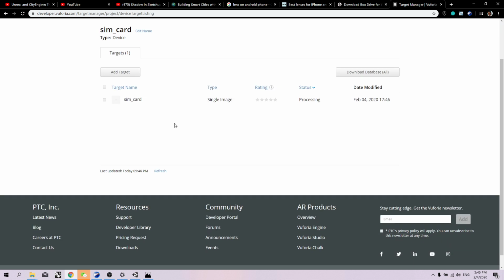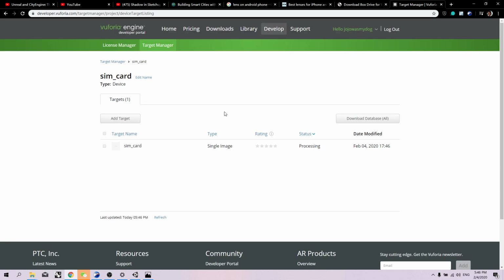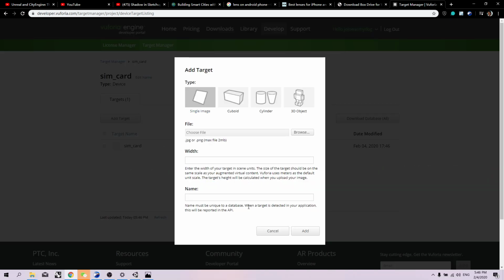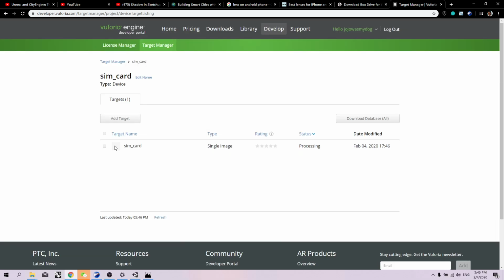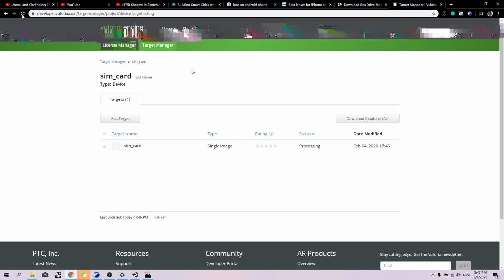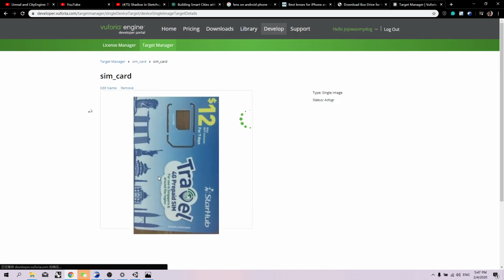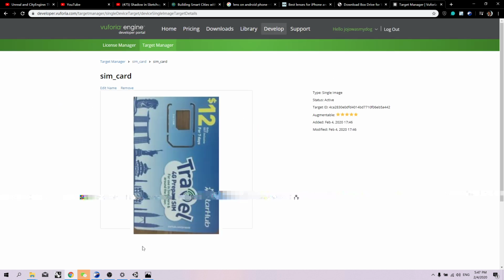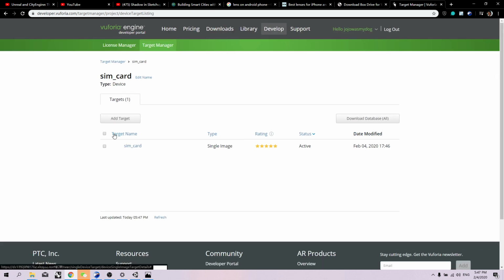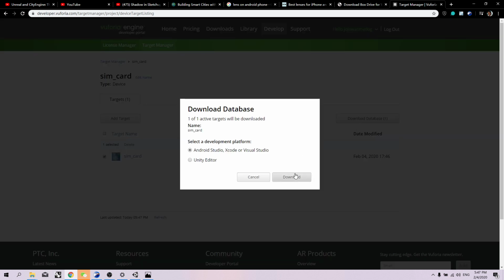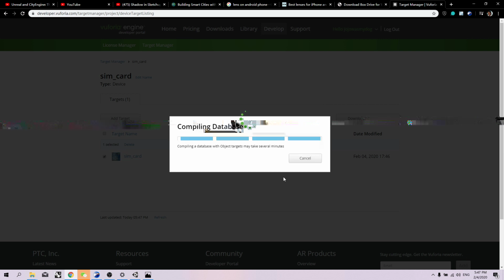Is it uploading or what? What happened? Let's see. So in the SIM card you can see it actually has identified some points that they use to anchor the project. So go back to SIM card, click on the SIM card data, download database to Unity editor. So download that,